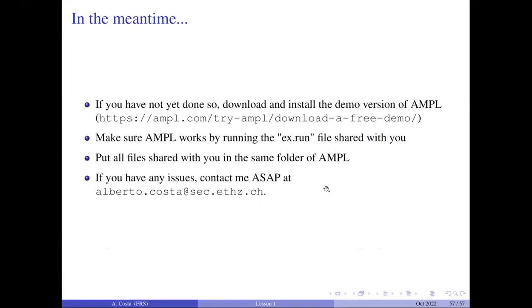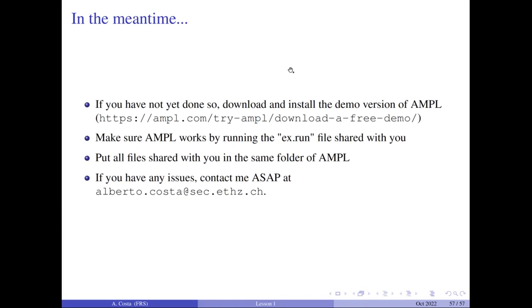So during the presentation, I may ask you to do something with the file that I share with you, and then you run your code, and then you get the results. That's why it's very important that Ample and Cplex are running before the next lecture. If you have any problem, any question, anything that is not clear, maybe with the installation or something about the content, you can write me to this email. And maybe in these last 10 minutes or so, if you have any question about the content of today, something was not clear, I can answer the questions you have.